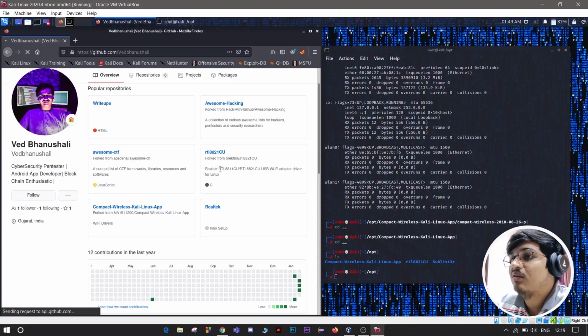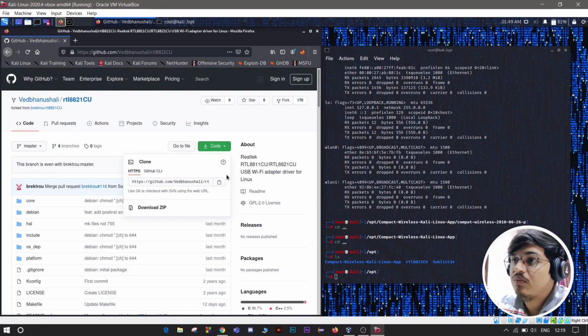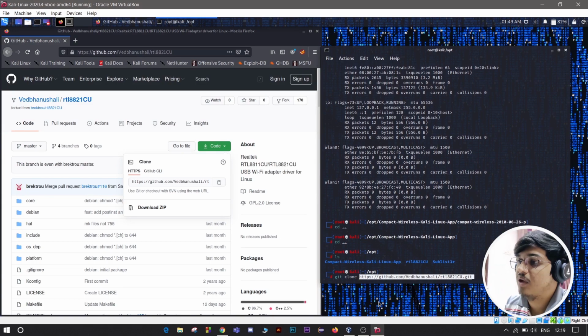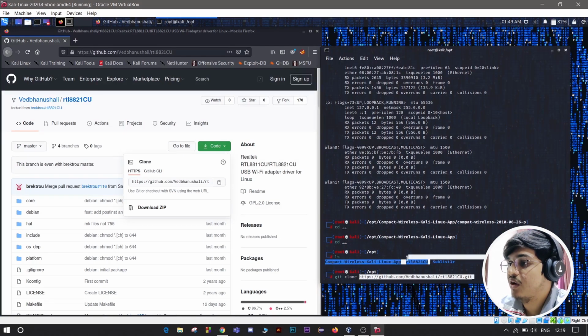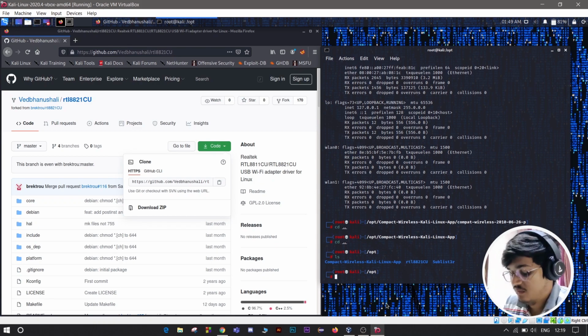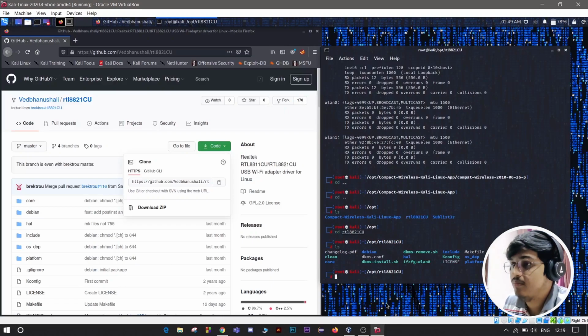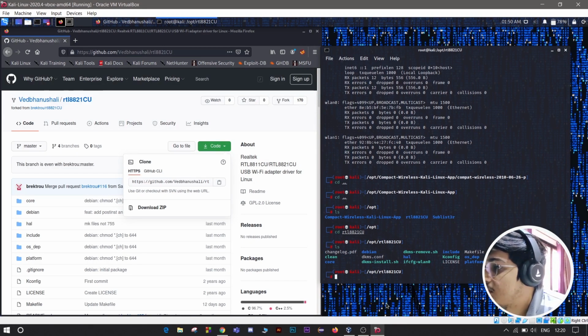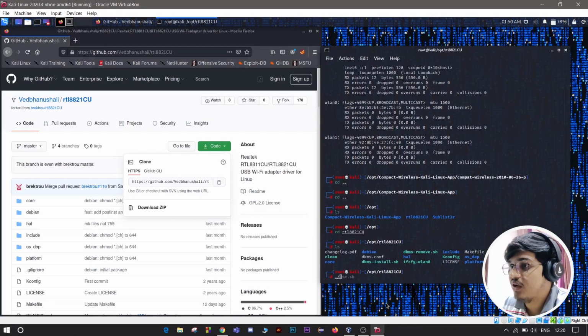Which is this RTL 8821CU. Copy this and git clone. I already did that, so no need to do that, which will give you this directory. So I'm not doing that, you just have to perform this. Now go into this RTL folder. Now to install this, we will perform this operation. Okay, wait. First,